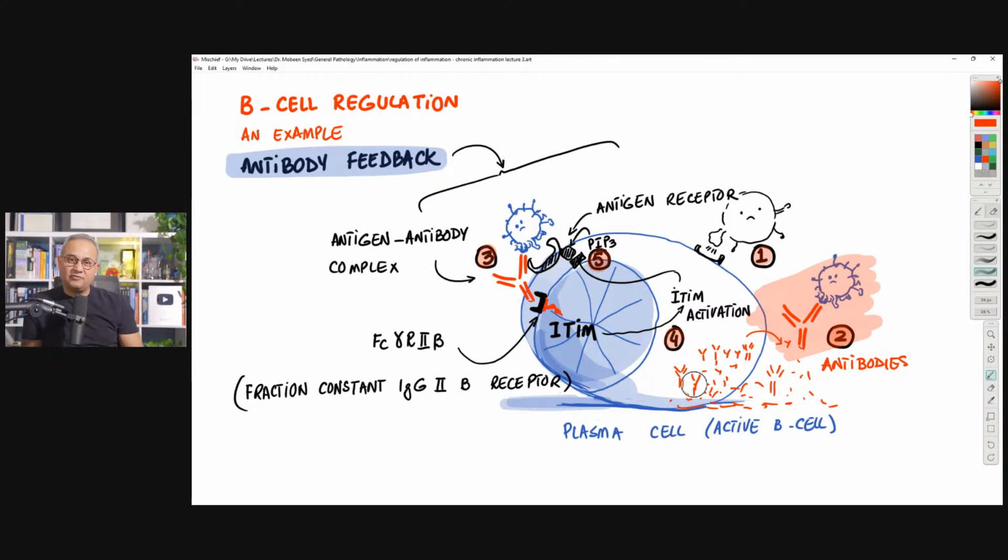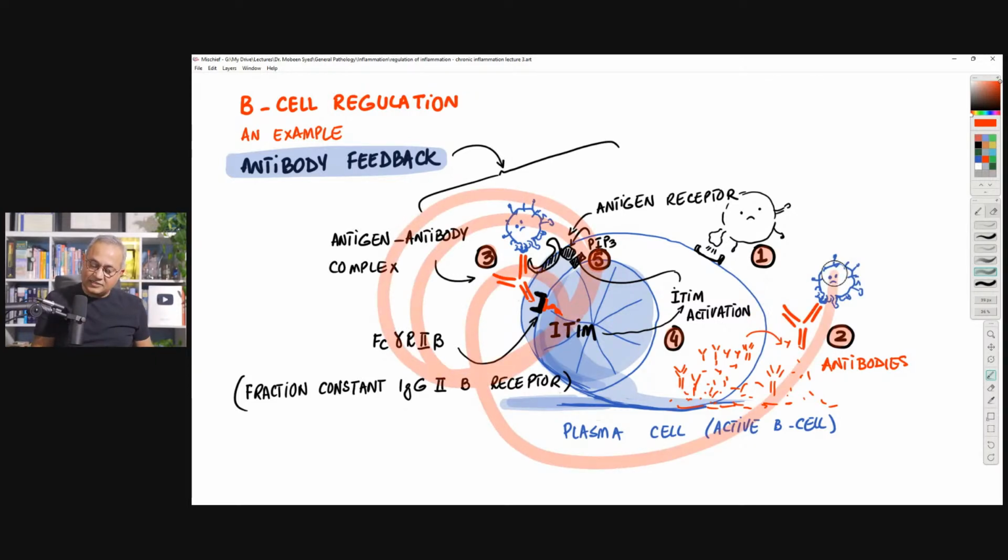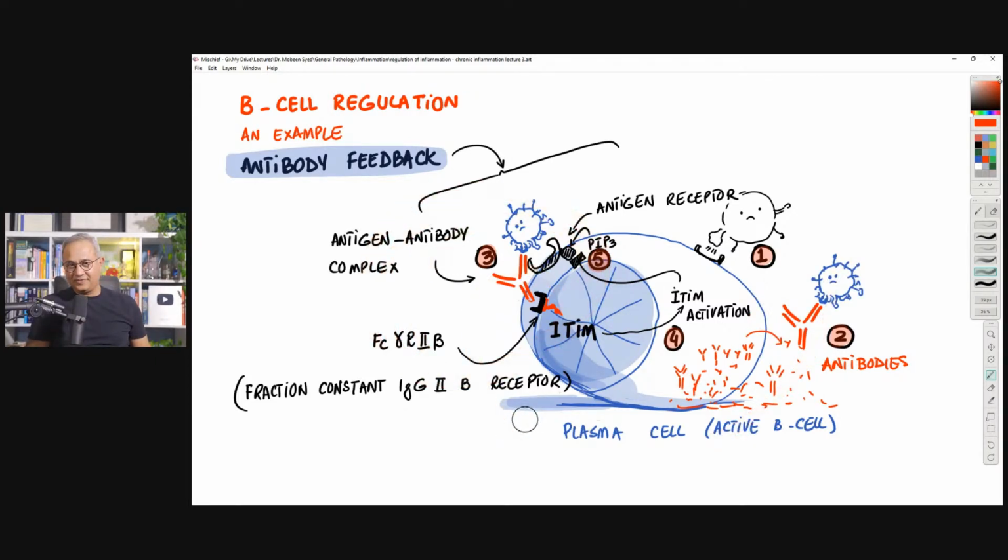When these complexes are formed, we have done the discussion separately what happens, but here today is the B cell regulation with that. So check this out. Arrive on this side now. So now we have the B cell has released the antibodies. Those antibodies have connected with the pathogen. We have complexes. Those complexes will actually connect back with the same B cell.